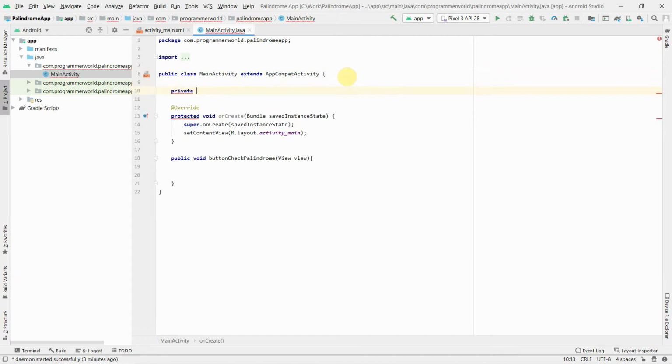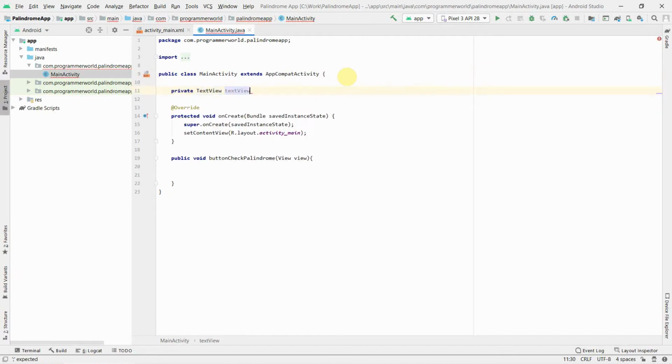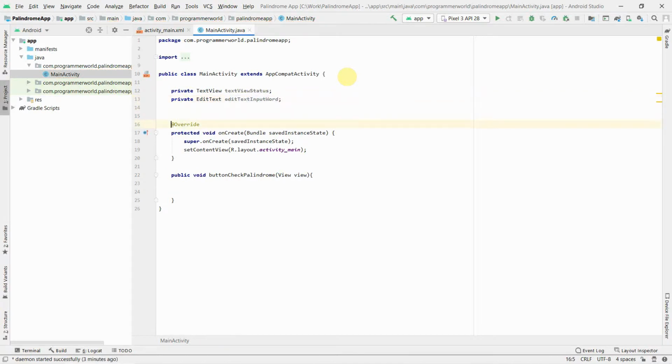I will also create a few class variables, for example a text view to associate with the status. I think the spelling is wrong, though it won't matter, but it's always good to have the correct spelling. And I will take another class variable, an edit text for the input word. Again, you can name these variables anything.